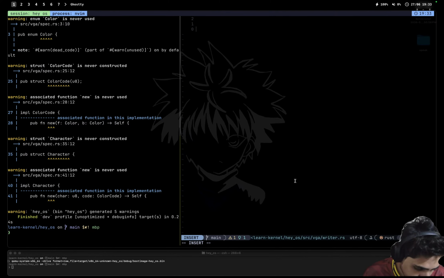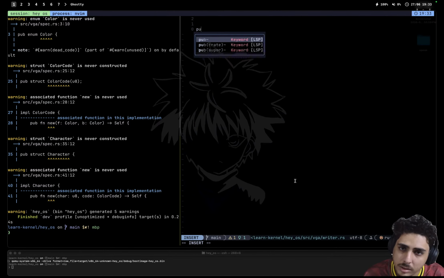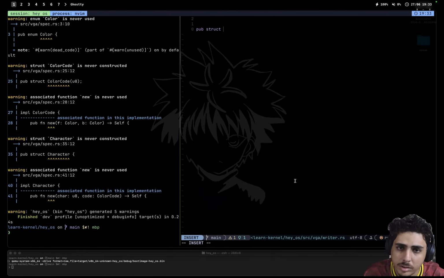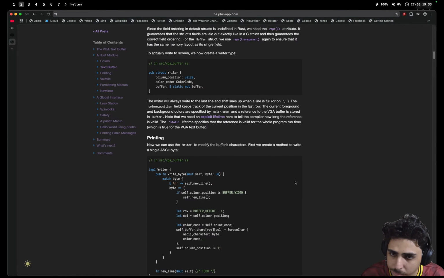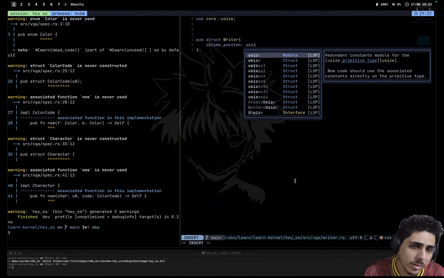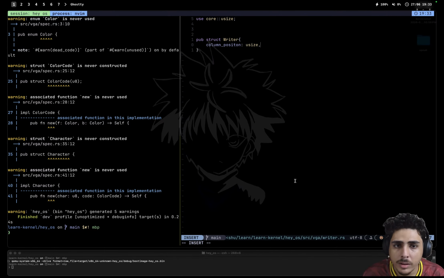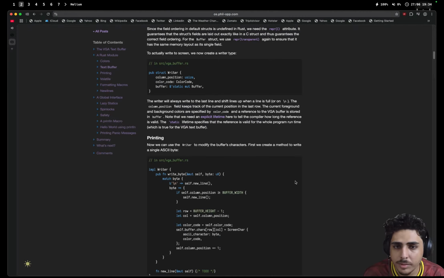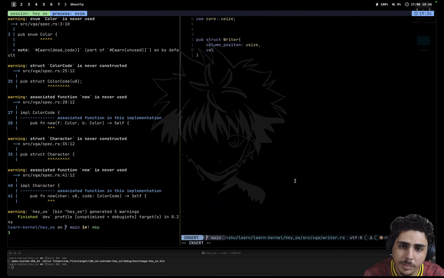Let's start. So we need a struct called writer. We need column position. It's gonna be a U8. U size. What is the thing again? New code should use the associated constant directly on a primitive type. Okay. Oops, sorry. Yeah, color code,